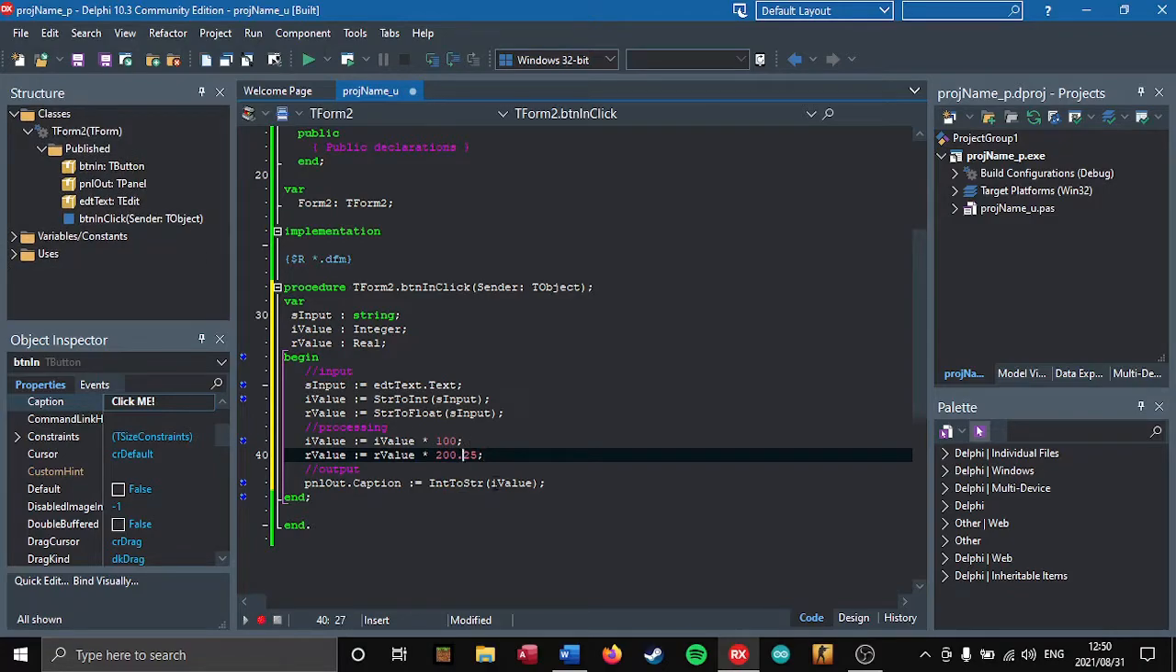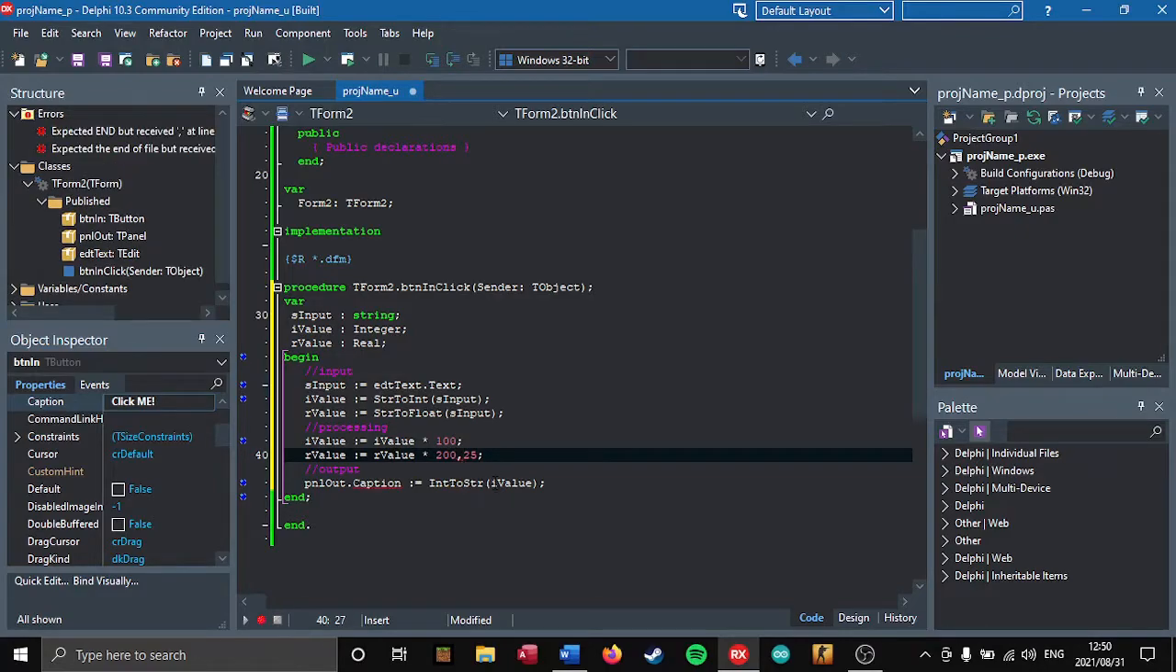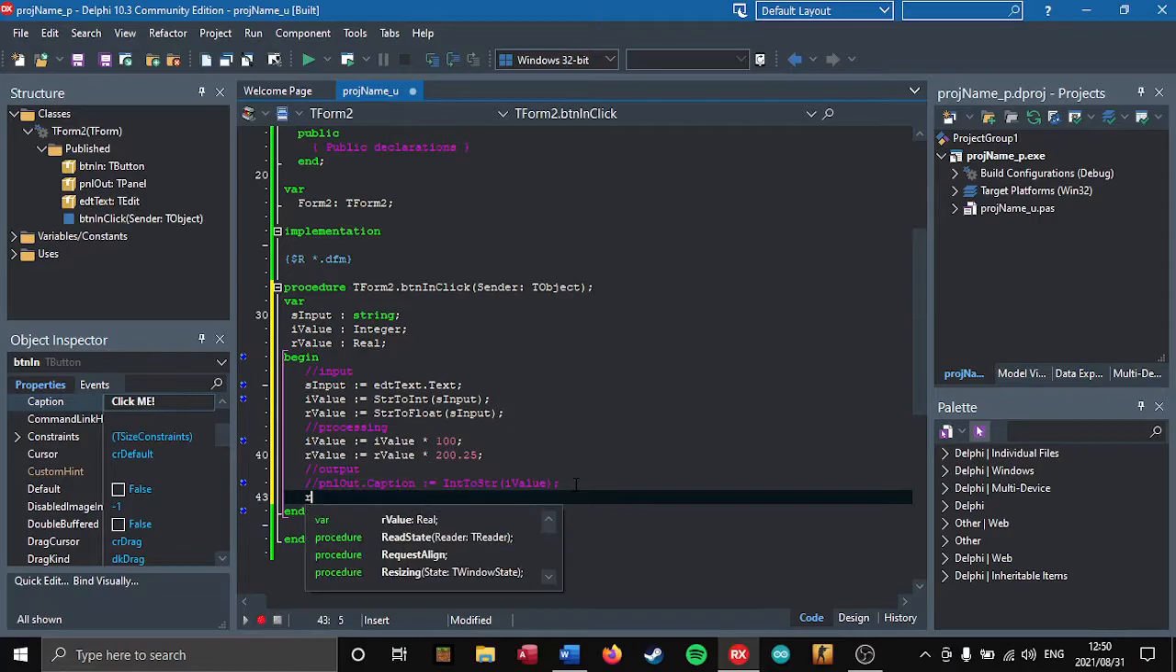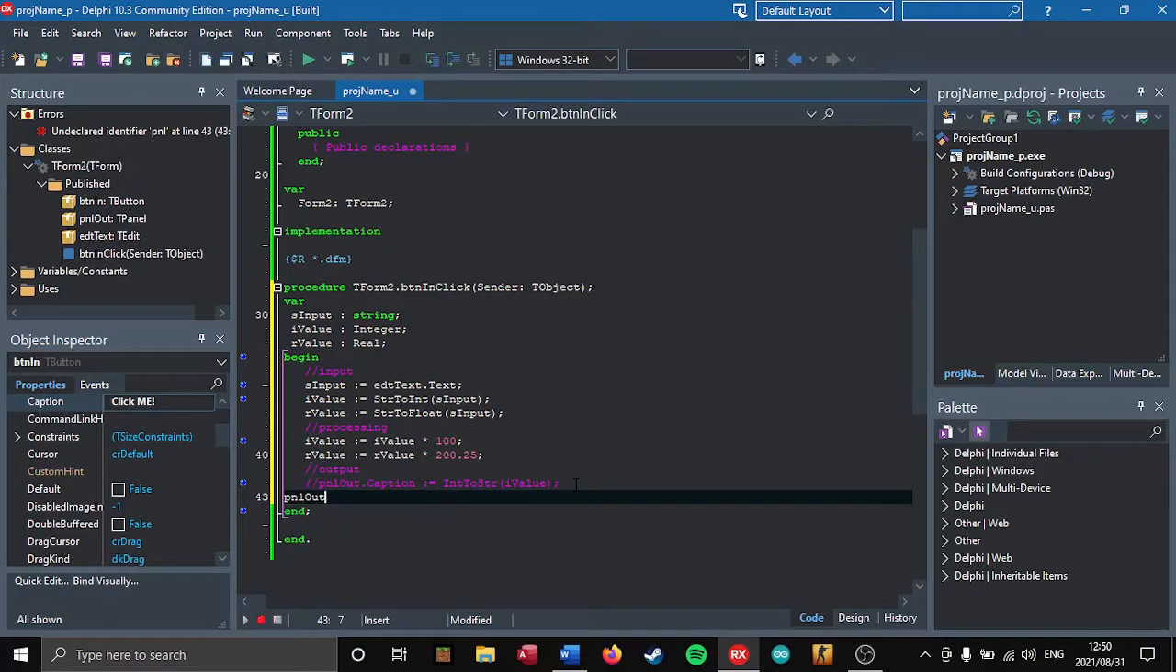And notice you're going to use points. Points to show the decimals, not commas. Commas won't work. You need to use points. And then PNL out caption, I'm just going to get rid of this one because we only want to display the R value. So let's say PNL out dot caption equals,